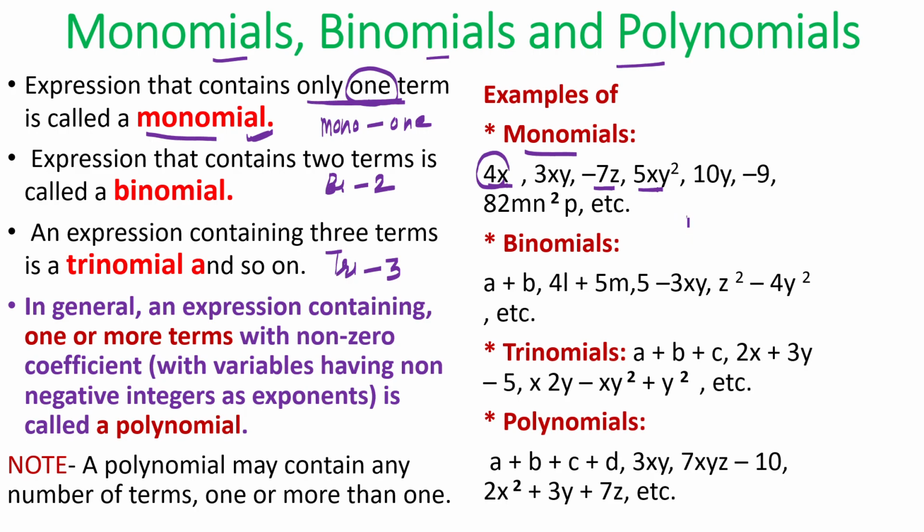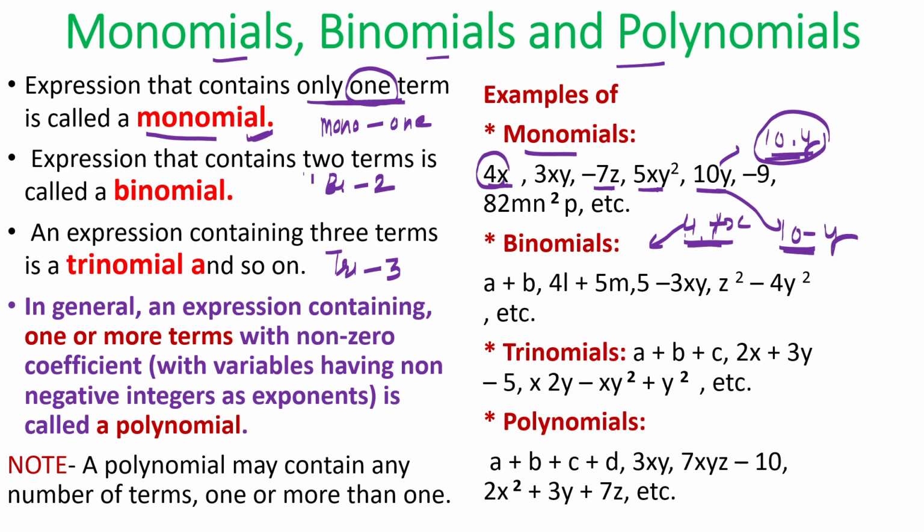If I use 4 and x with the operation plus, then this is a binomial having two terms. If I use plus and minus, then the terms will be extended. So 4 plus x is a binomial. Similarly, 10 minus y is an example of a binomial. If I write 10y, 10y means 10 and y, and the operation between them is multiplication. So 10y is a monomial example, not a binomial.